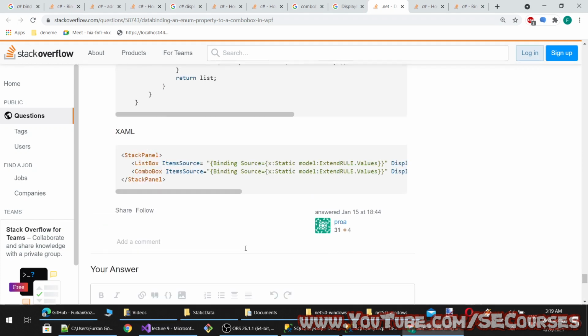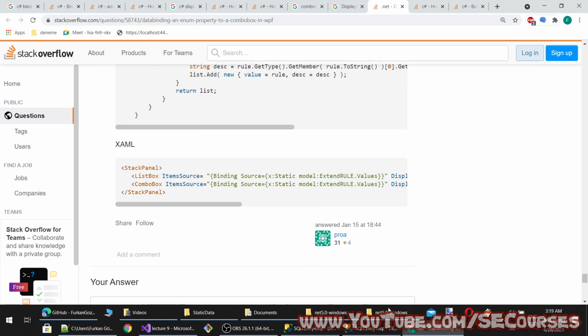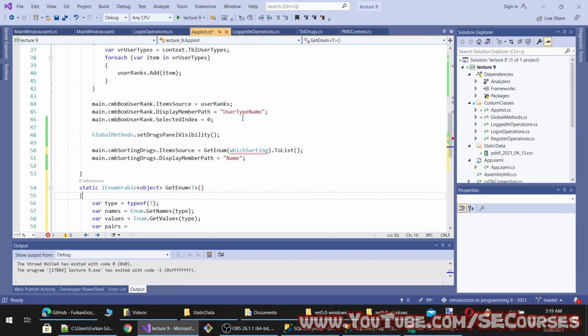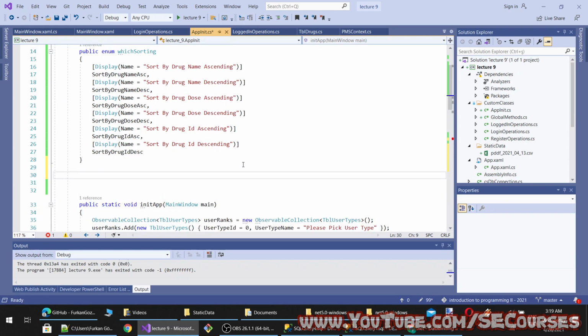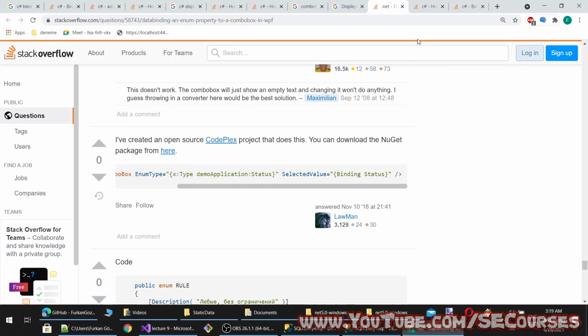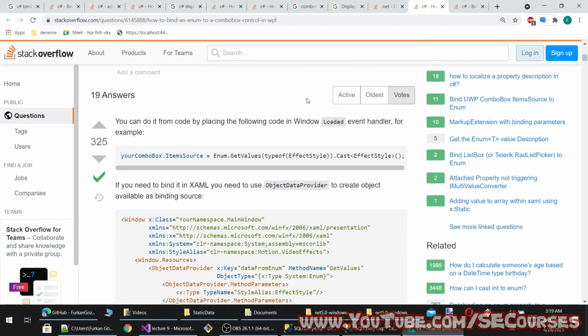Or we can have a temporary class to hold data of the enum, such as, I think that would be a simpler solution. But that defeats the purpose of using enumeration. Okay, let's see.